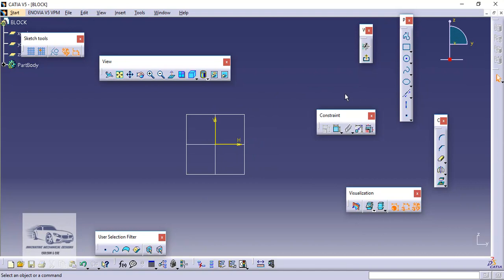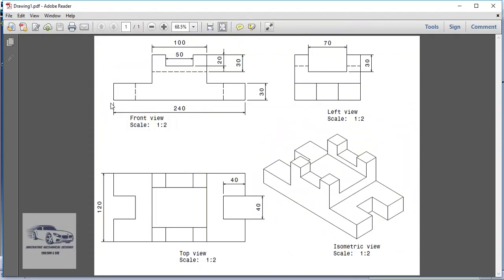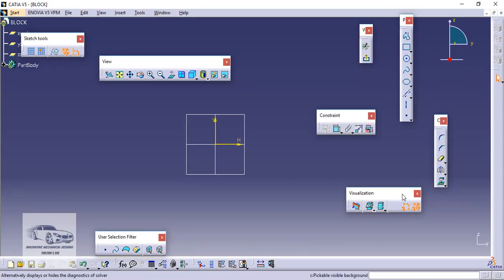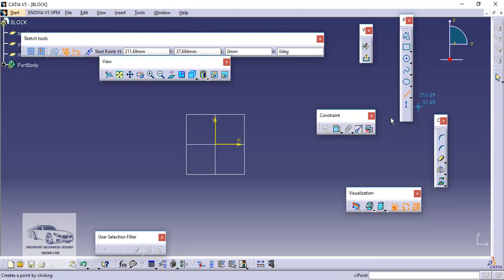Now, as we can see from the drawing, the outer is basically a linear profile. So for drawing this particular profile, we can go by two ways. For example, if we have to draw a line, then we can just go here, select the line tool, and then one by one we can click and draw the entity.